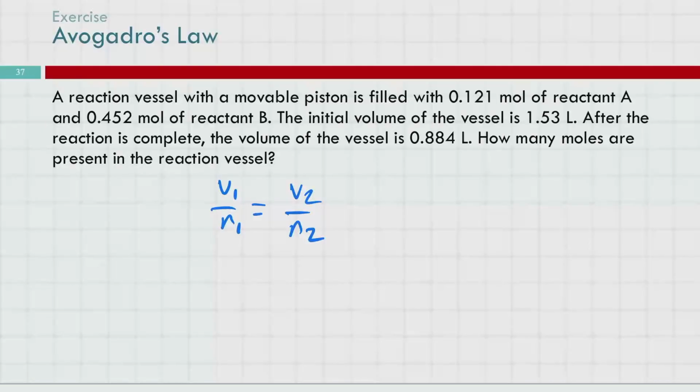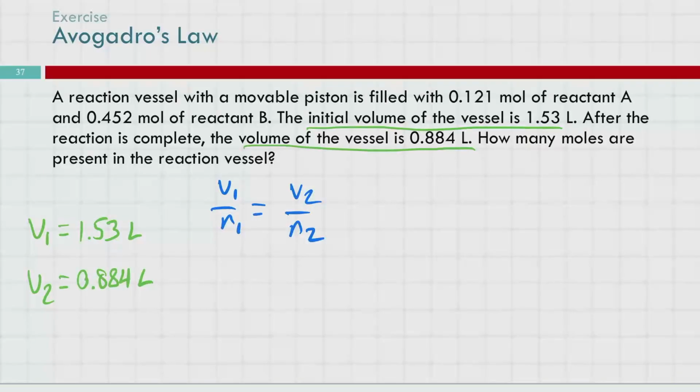All right, let's go through and label the things that we know. So we've got a reaction vessel. We've got a container. It's got a movable piston, so the volume can change. We fill it with some moles of one reactant and a different number of moles of a different reactant. Our initial volume of the vessel is 1.53 liters. I'm guessing that we'll probably call that V1. So that's 1.53 liters. After the reaction is complete, so at the end, the volume is 0.884 liters. So we'll probably call that V2,